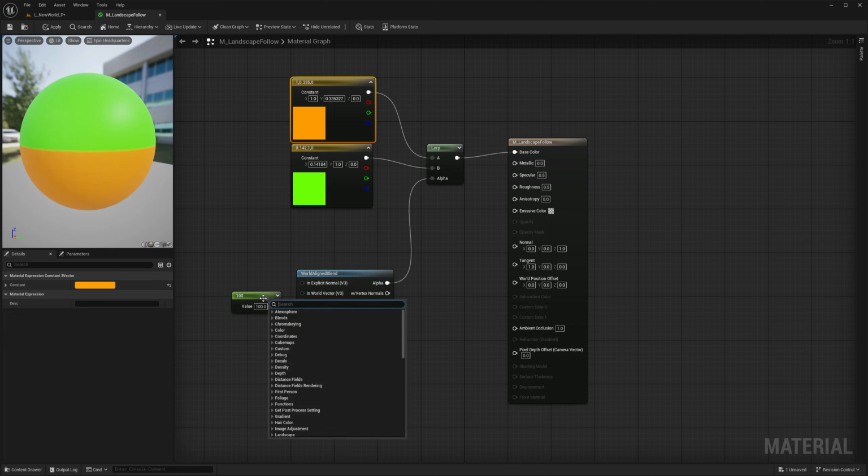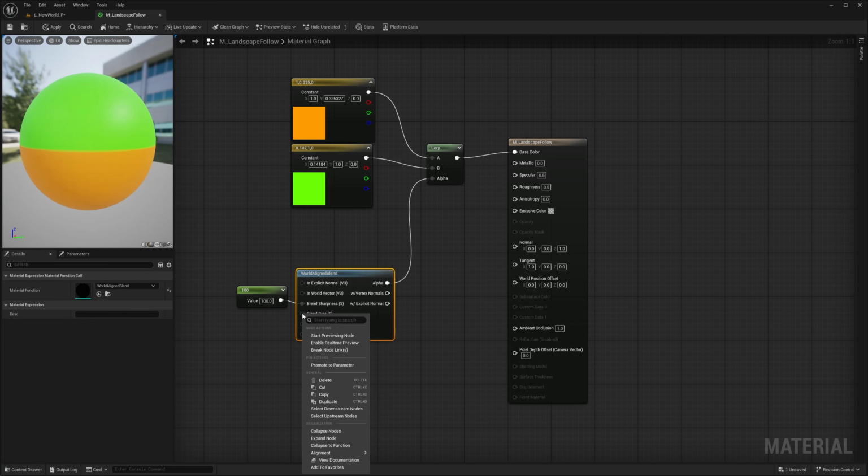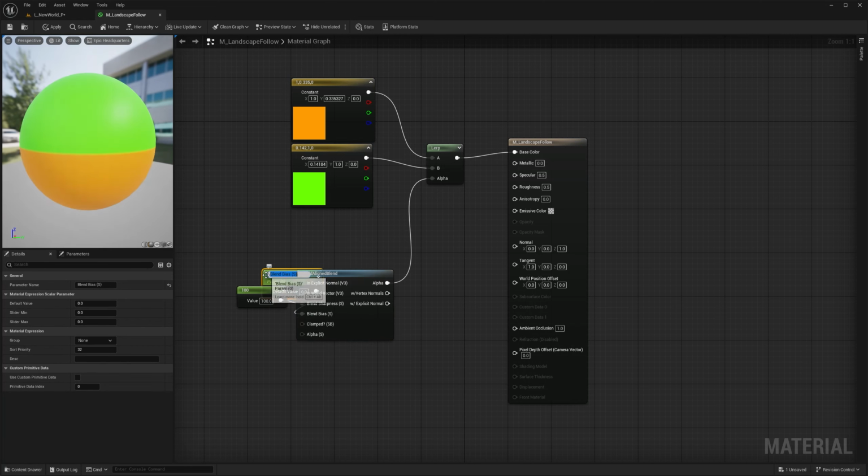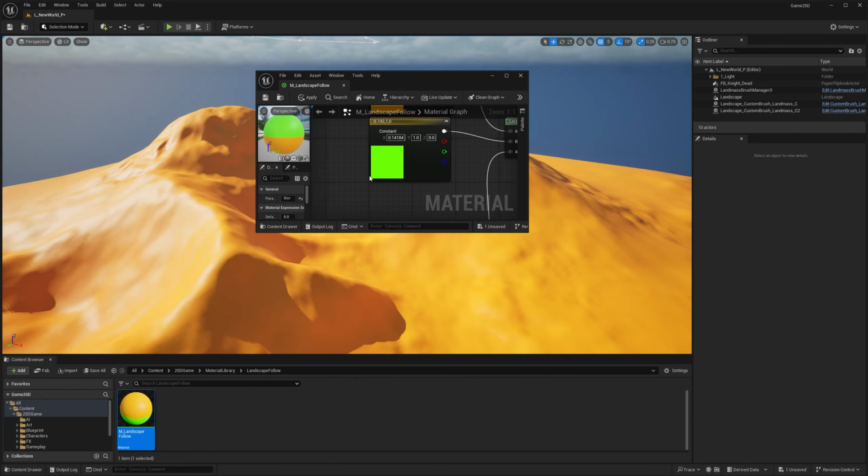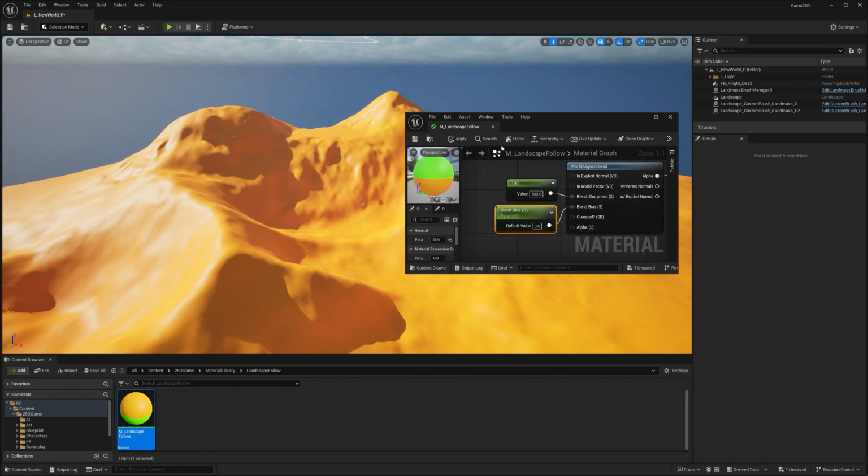For the bias, I want to approach it a little bit differently. I want you to right-click and promote to a parameter. And parameters are amazing. Every time I make a change, you can see that I need to save it and go there to check it. The parameter is interesting because once you save it, you can make changes in real time. So for that, I'm going to move this to the side here so you can actually see that thing there. I'm going to save it.